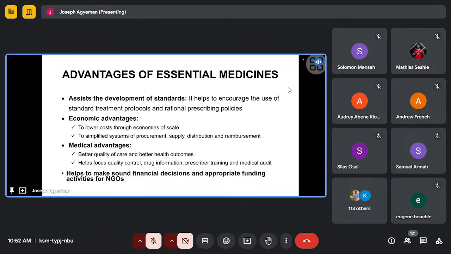Of course, we are talking about efficacy and safety issues. When it comes to prescribing, you know that the moment you prescribe a drug in the essential medicines list, safety is assured, efficacy is assured. Your patient can also buy. So in terms of medical advantages, we are there. Even NGOs, foreign ones and local ones, if they want to donate any medicines to any hospital and they get the essential medicines list and buy drugs that are in there, they won't come and donate drugs that are useless to that hospital. At times you realize that they will donate certain medication to